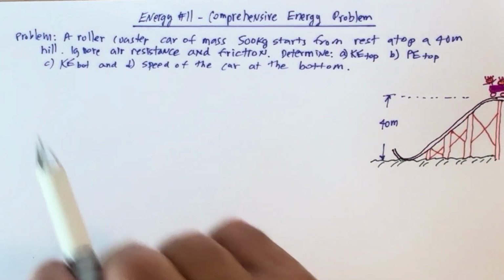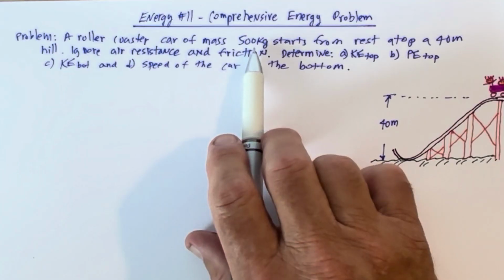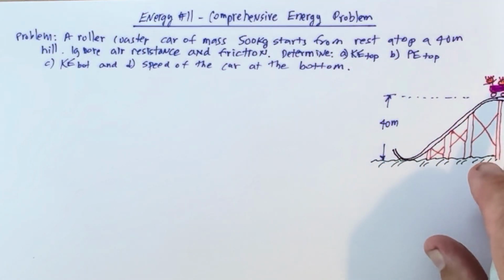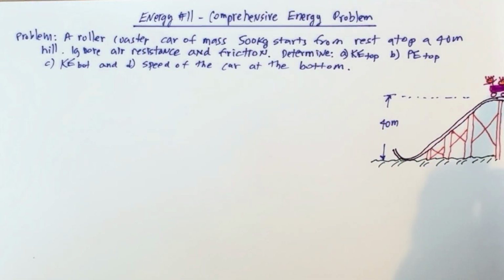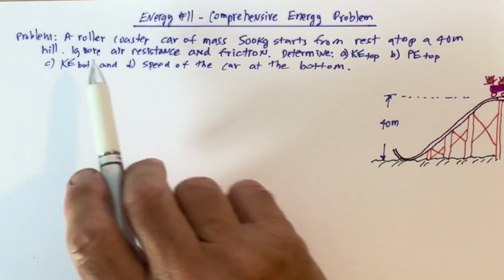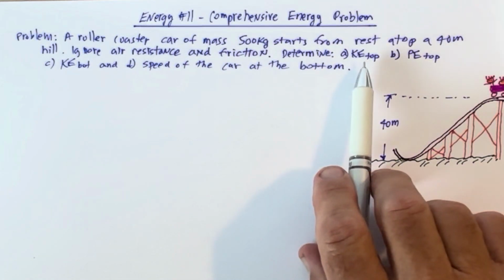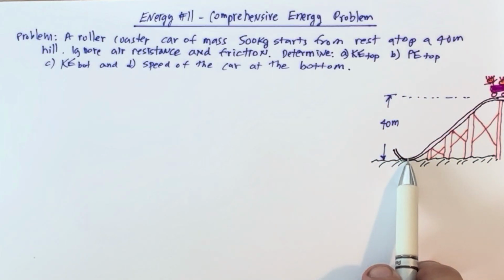And the problem is a roller coaster car of mass 500 kilograms, that includes the people in it too, starts from rest atop a 40-meter hill. So there's our hill, and there's our cart with the people in it, and it weighs a total of 500 kilograms. We're going to ignore air resistance and friction, and we will determine the kinetic energy at the top,